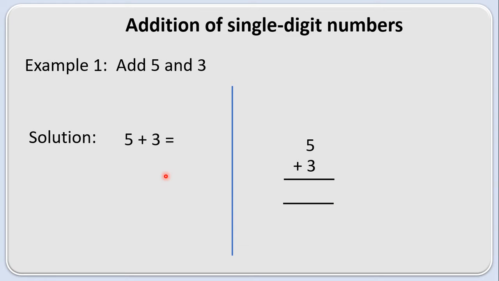So after writing down in any one of these two kinds, no need to write in both the kinds. You can write either horizontally or vertically. So now let us add 5 and 3. For adding, you can count your fingers, or you can draw vertical lines as I am doing now.